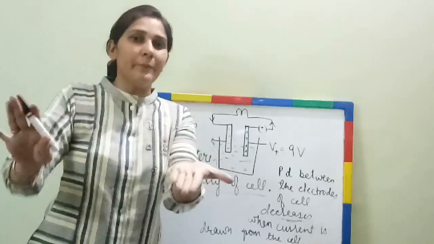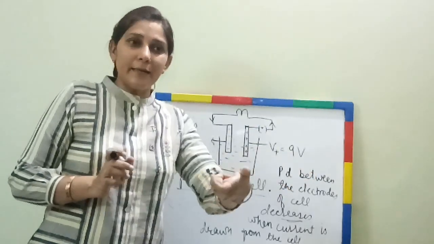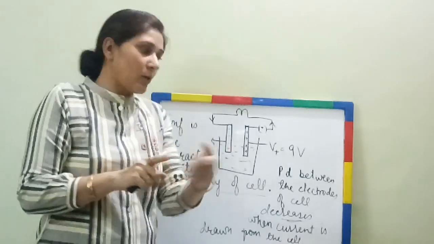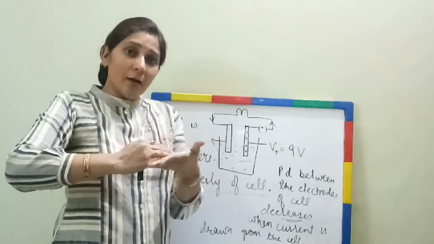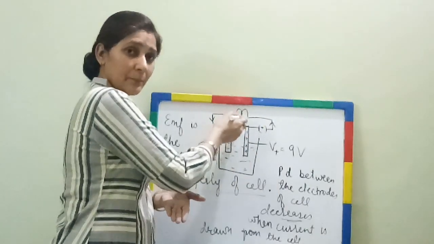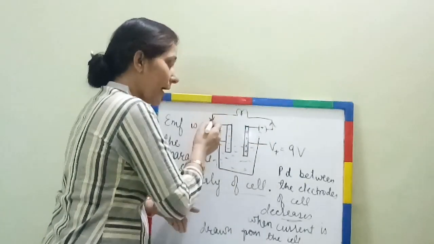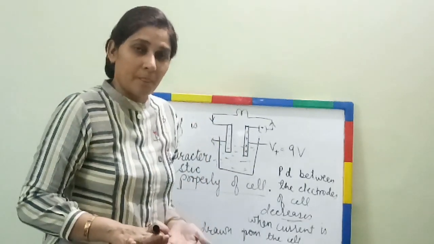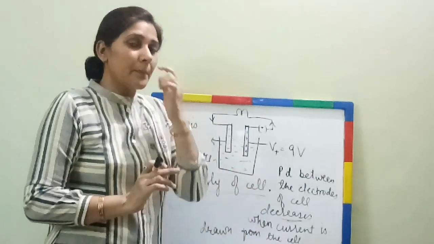जब वो मेरे हाथ में है, I am not using it. Okay, but as in when I'll connect it in the circuit, at that time the circuit is completed. अगर मैं उसको switch on करती हूँ तो circuit will be completed. Whatever you are using in the circuit, when the components will start drawing current, this is the electrical component over here in this circuit. So if this component will start drawing current from the circuit, अगर इसने current को draw किया है, then this potential difference between the electrodes decreases when current is drawn from the cell. बेटा जी ये बात ध्यान में रखनी है.